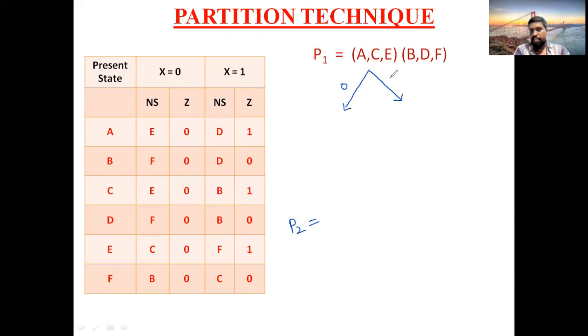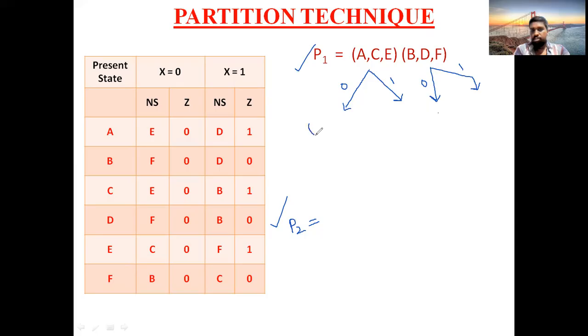So for each and every group present in the previous one, if I am dealing with P2 now, P1 will become the previous partition. So when I am writing P2, the previous partition groups should be found for both 0 and 1. So here also B comma D comma F. Okay, here you should take 0 successor as well as B comma D comma F. Here you should take 1 successor.